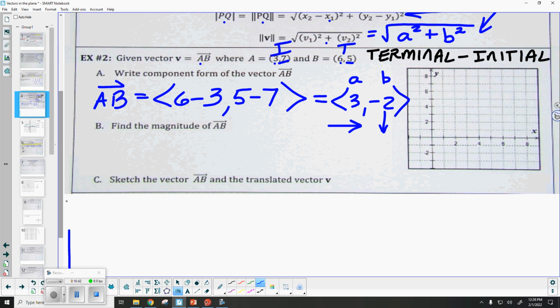Okay, so let me show you this. We don't have to graph this until part C, but let's plot these points. Point A was at (3, 7). Okay, so (3, 7) brought here. Then we had point B at (6, 5). Oops, went up a little too high. Okay, (6, 5) right here. So this is B, that's the head of the vector. So here's the vector we're talking about right here. Okay, now remember what I described a second ago, component form will tell you how to get from the initial to the terminal point. Okay, so I'm starting here at the initial.